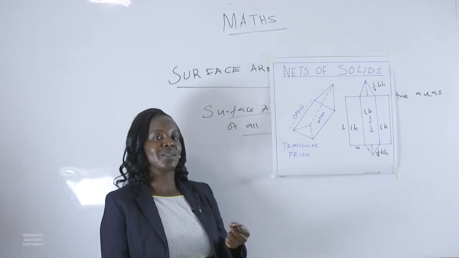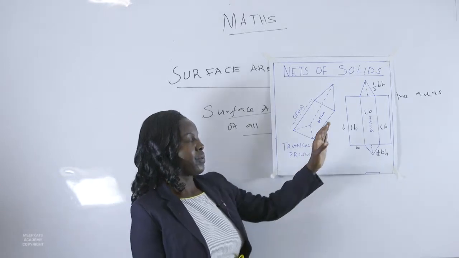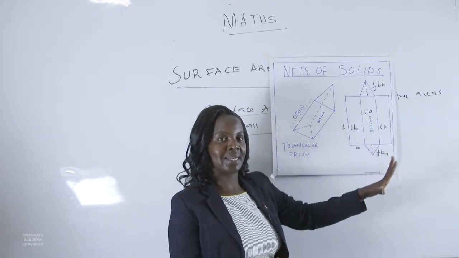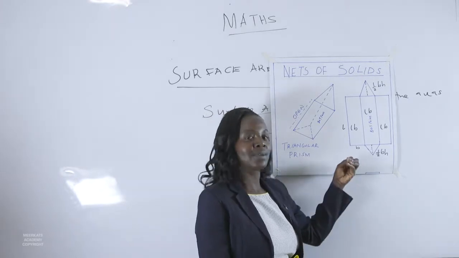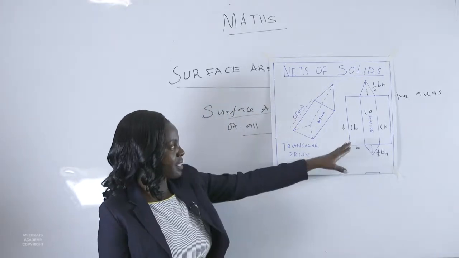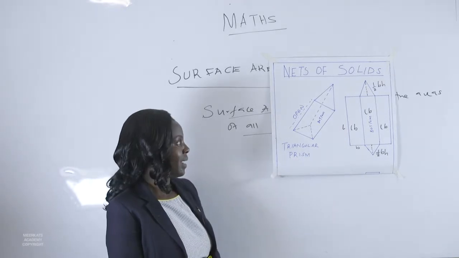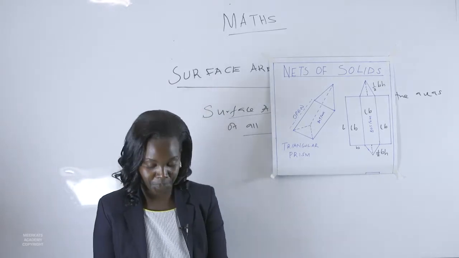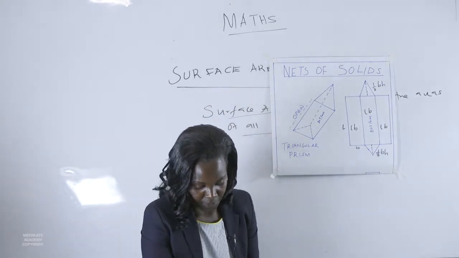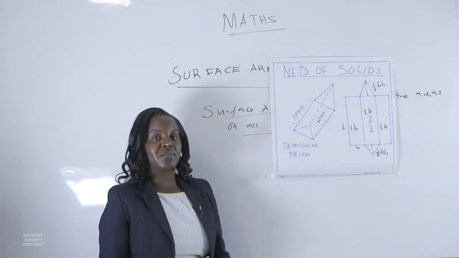And in our last lesson, we looked at how to calculate the area of our composite figures. We said we calculate the area of different faces and add them together or subtract, depending on the type of the figure. But on a prism like this, we add the areas of different faces. The other way of